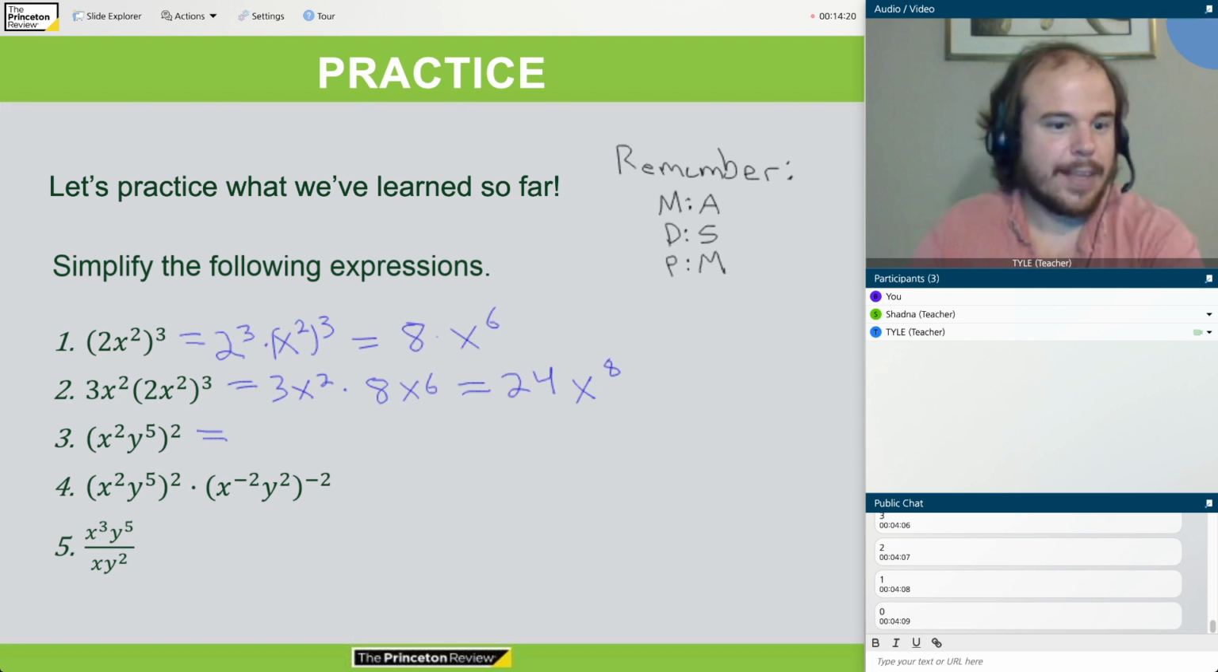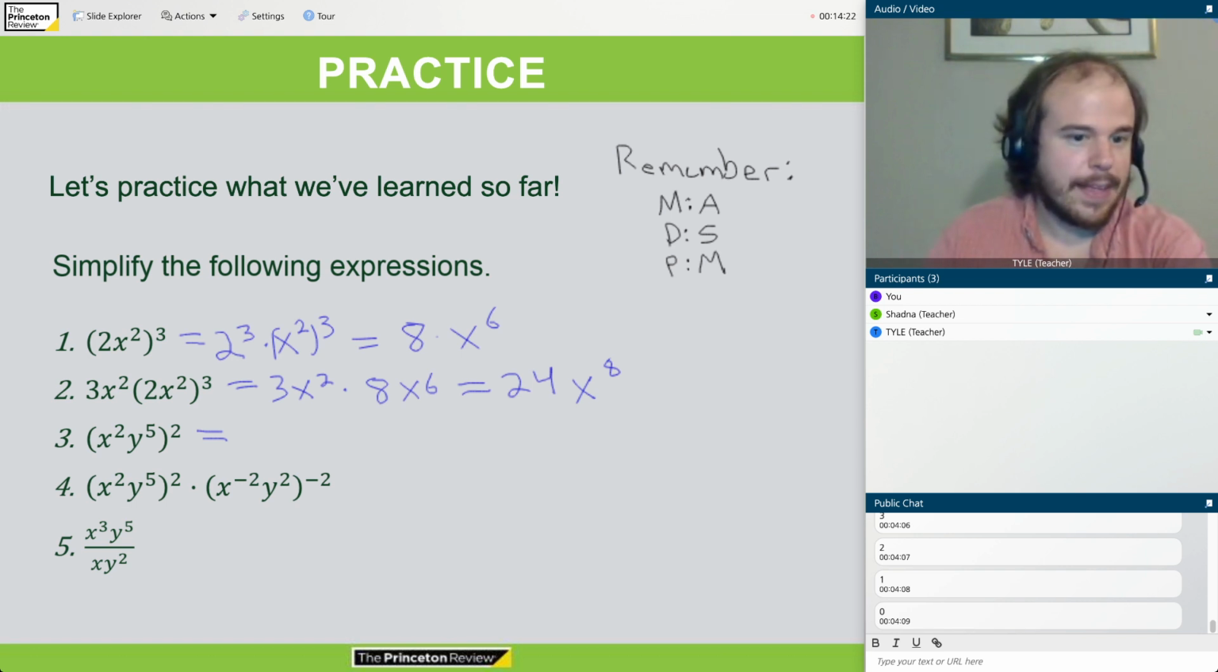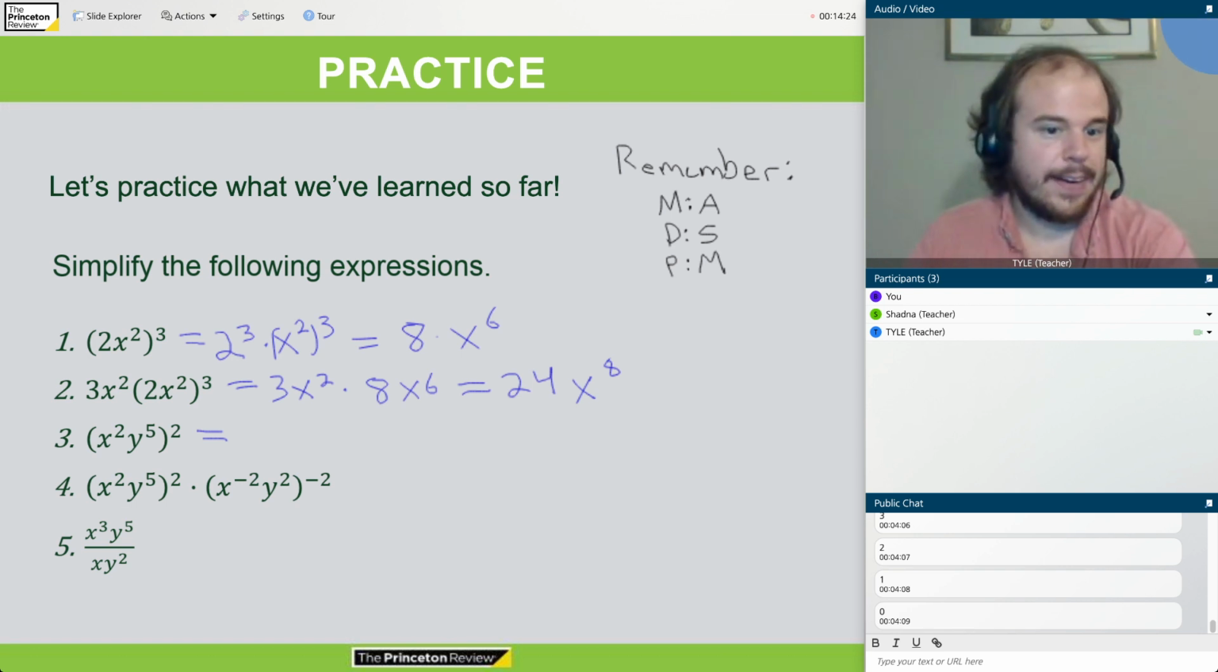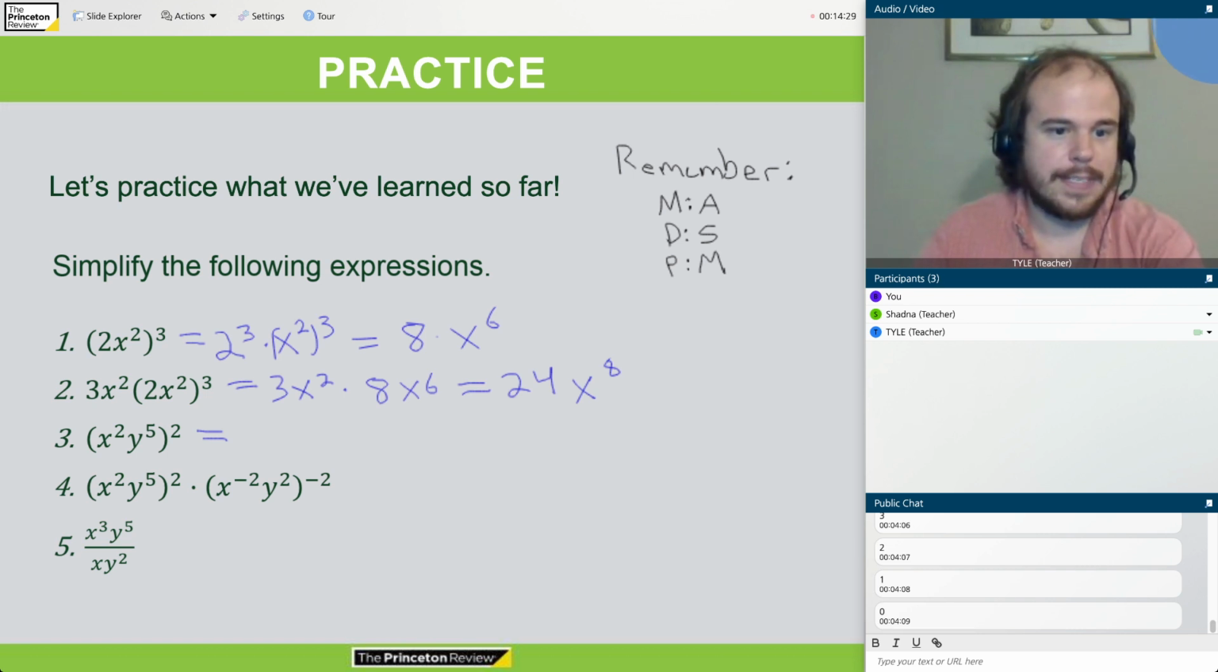Next, number 3. Once again, just like in the first one, I need to distribute the square outside the parentheses to both terms inside the parentheses. x squared squared. Again, we're raising to a power. And so,